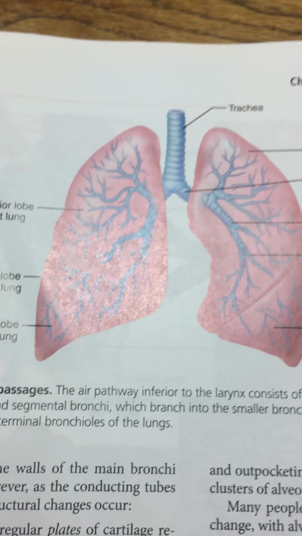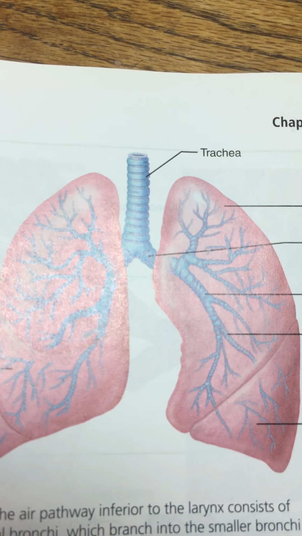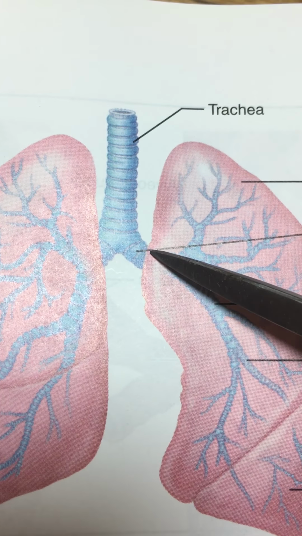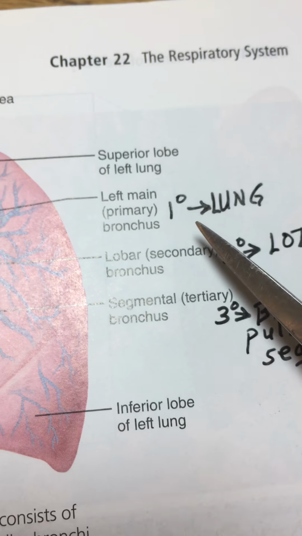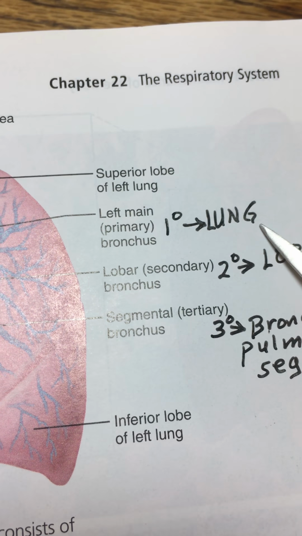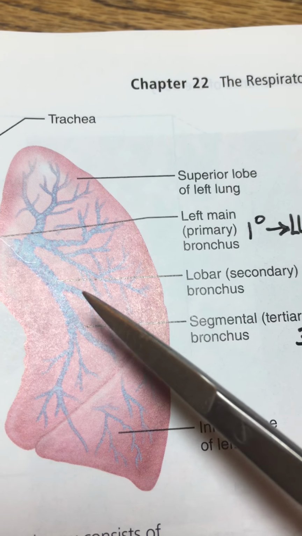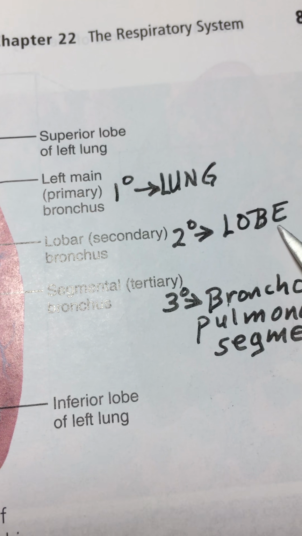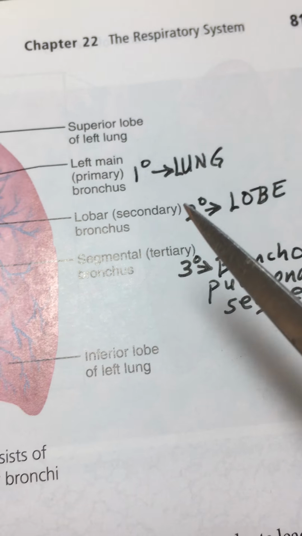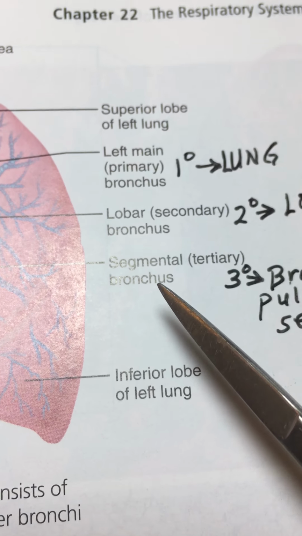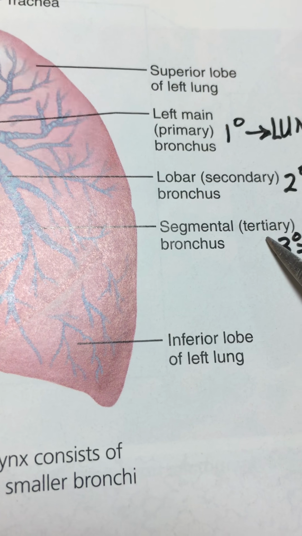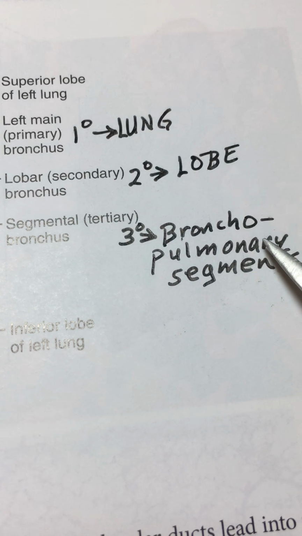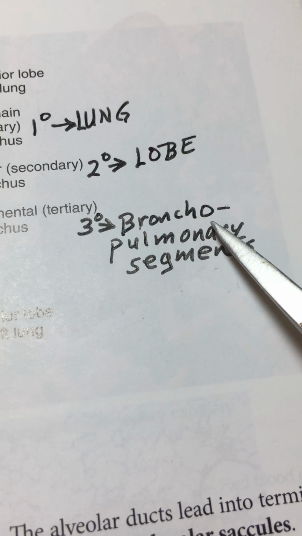Notice over here we have the bronchial tree. We have a trachea right here coming down, and again we have a left bronchus, primary bronchus. The left primary bronchus serves a lung. A secondary bronchus, which is the branch here of a primary, it's going to serve a lobe. There's only 2 lobes in the left lung. And then we have something called a tertiary bronchus here. And that's going to be serving a portion of a lobe that's referred to as the bronchopulmonary